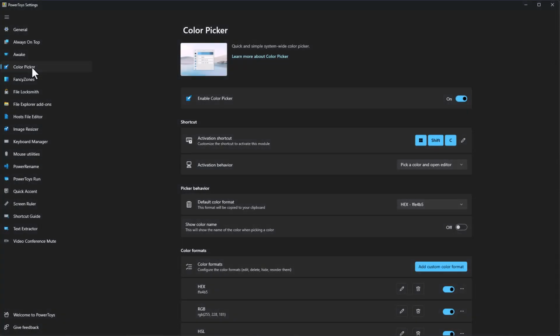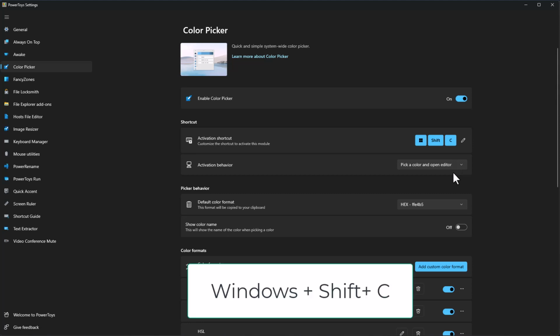Color Picker is a quick and simple tool that allows you to select colors from whatever you see on your screen anywhere in Windows. As you can see, the shortcut to the tool is Windows-Shift-C. You can decide if you would like to only open the Color Picker with the editing tool, or both when you hit the shortcut key. By hitting Windows-Shift-C, the system will activate the Color Picker tool, and as you move your mouse around the windows, you can see a small window with a hex code.